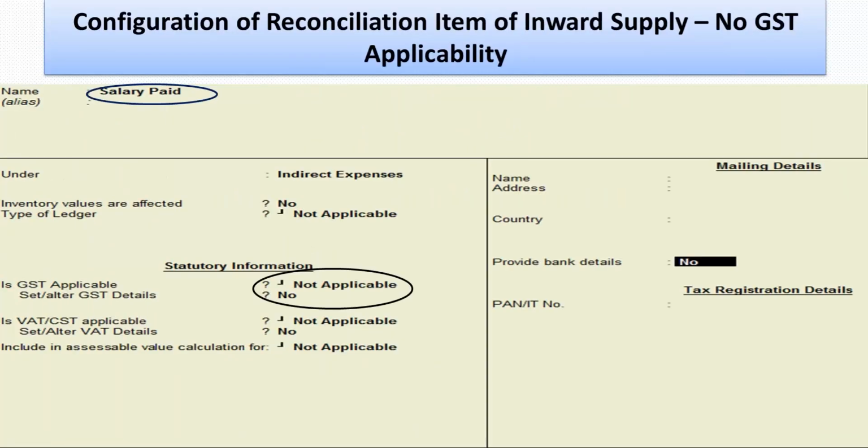So we have this salaries paid. In fact, as I said, it is a schedule 3 item, so it is outside the purview of GST. So we might well select it as not applicable. However, post annual returns GSTR 9, it provides for an instruction in the annual return which states that even no supplies need to be reported as part of the annual return, reporting per se under non-GST supply.